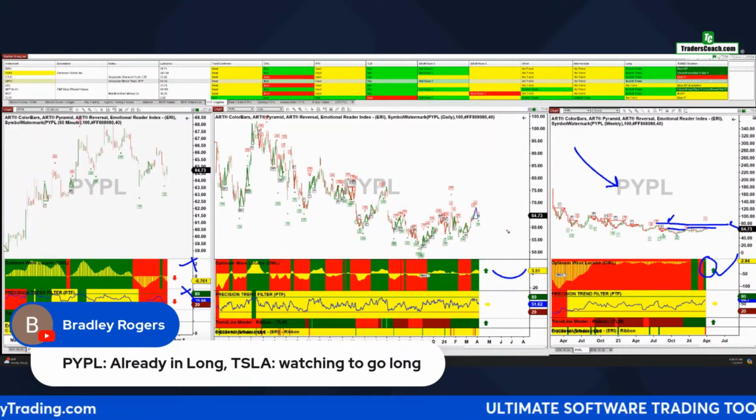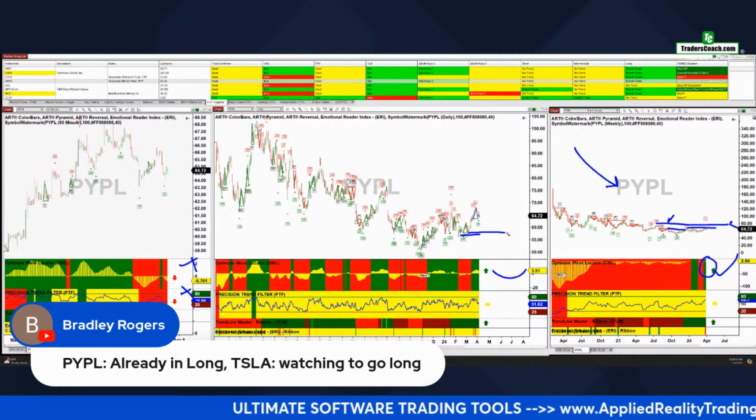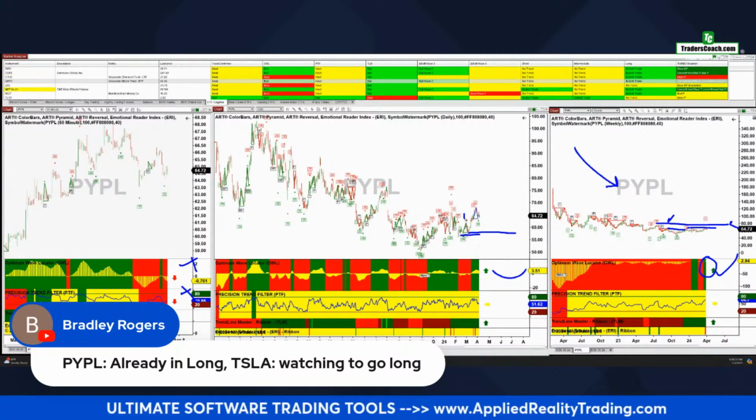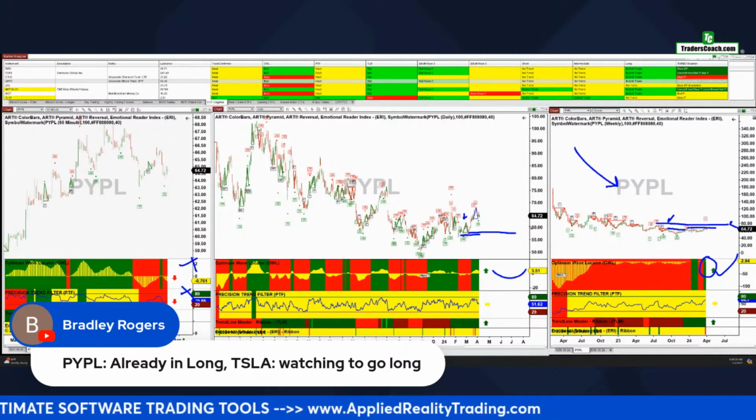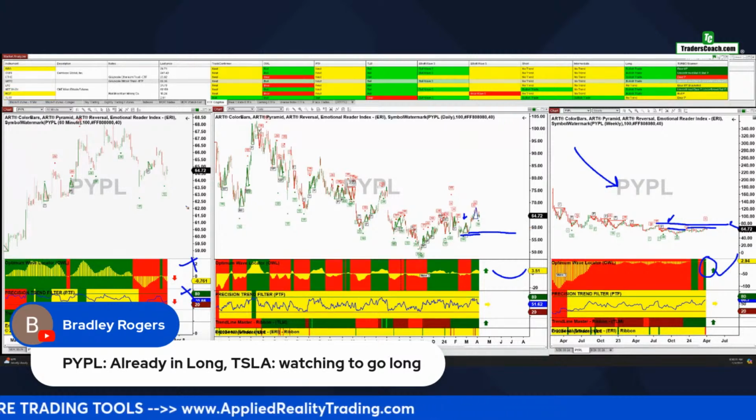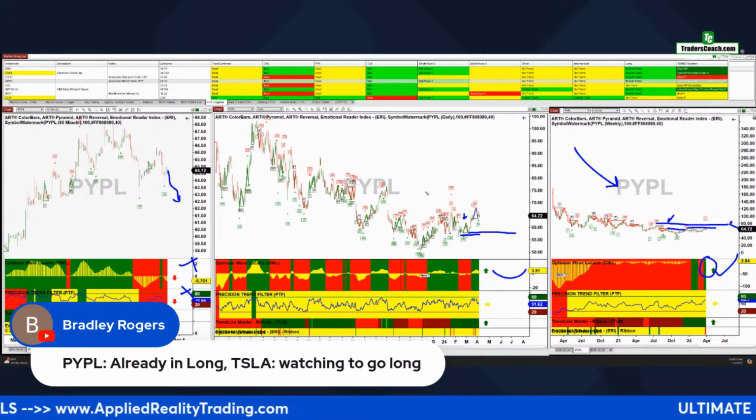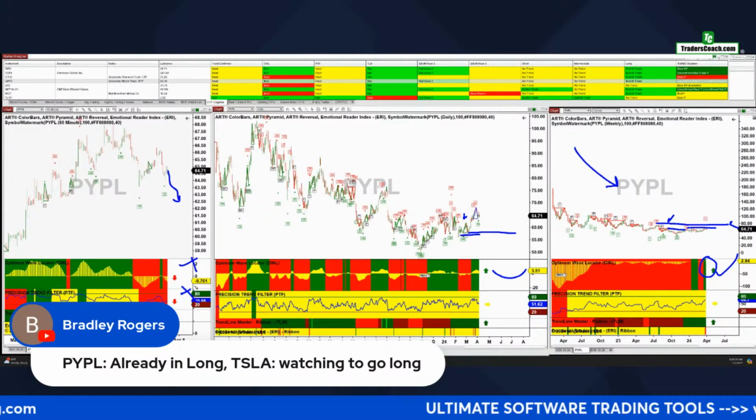I don't know where your stop is, but you need to keep your stop at least below this pyramid here. Okay, that second pyramid, that most recent green pyramid. Keep your stop here because it looks like we're heading down. I would not recommend this for anybody new because we are heading down according to this chart.